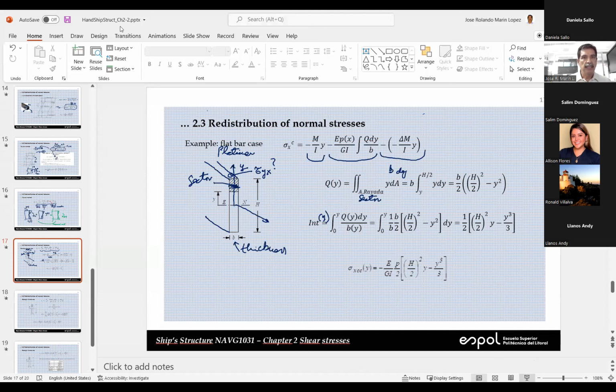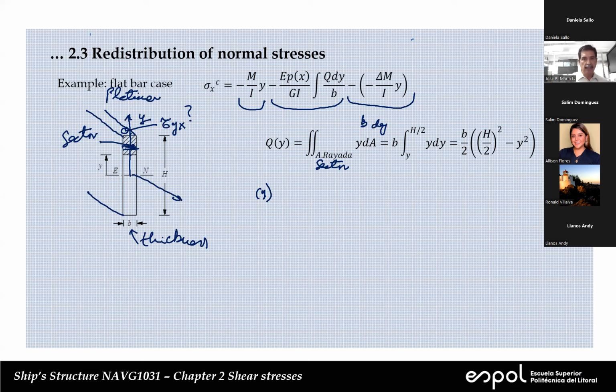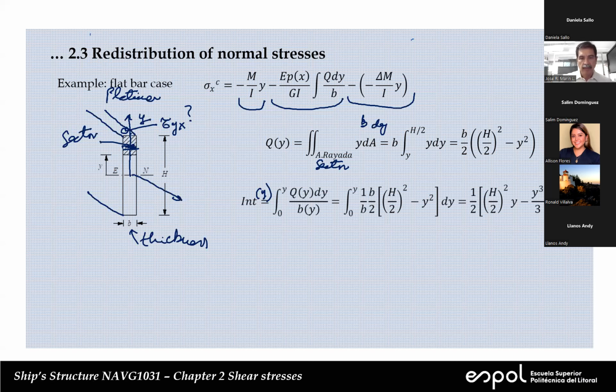Okay, we're going to continue with our example. So we're analyzing the influence of the shear on the bending of a flat bar, which is the simplest case that we can consider, okay? So we have to integrate this qy dy over b. Now, here we just introduced the